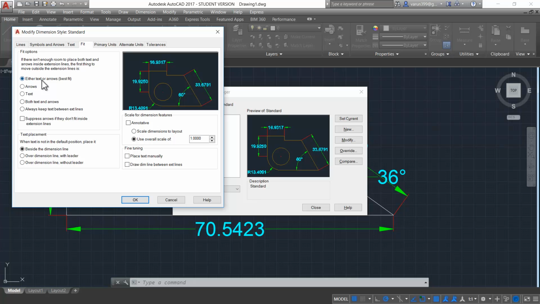Fit options will help you align the objects according to the dimension fit. That means it will automatically adjust to the best fit option available for your drawing. Normally for the fit option, we use either text or arrows, and for the text placement, we use beside the dimension lines. We normally don't change these options, so we'll go to the next tab, that is